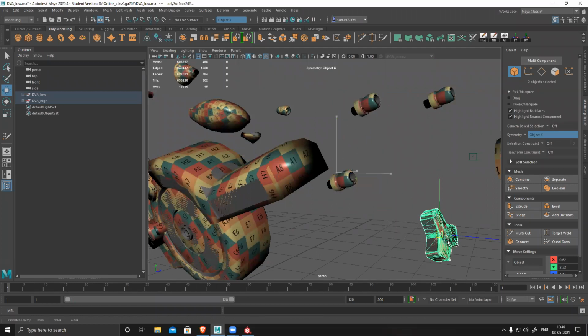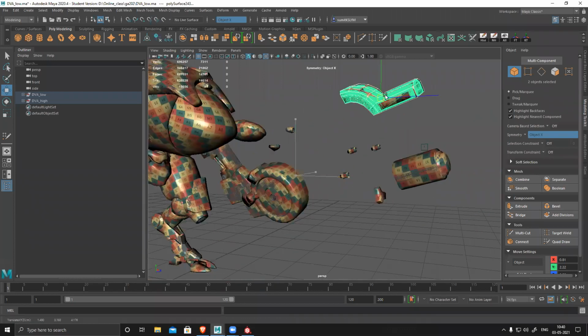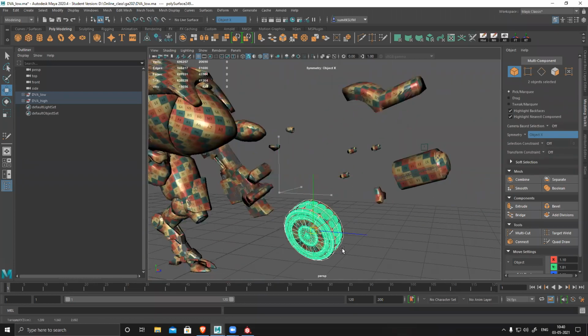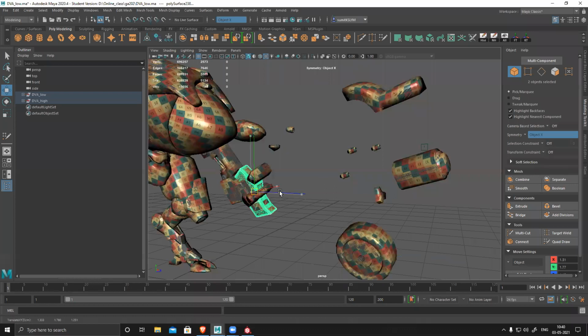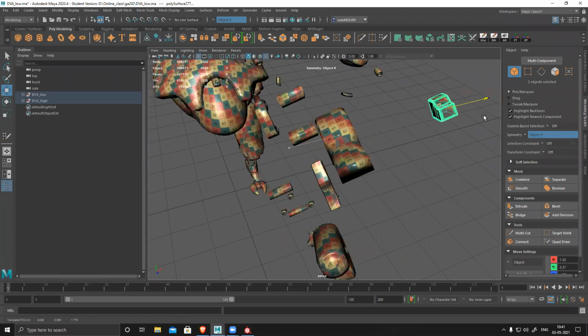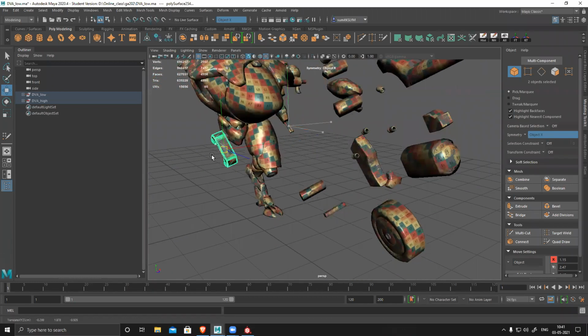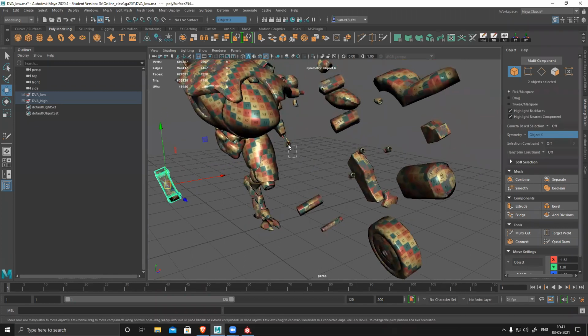Okay, simply move this one. This is the right way of baking normal maps. Move it in any direction, doesn't matter.